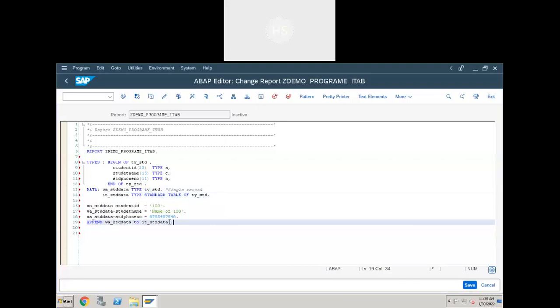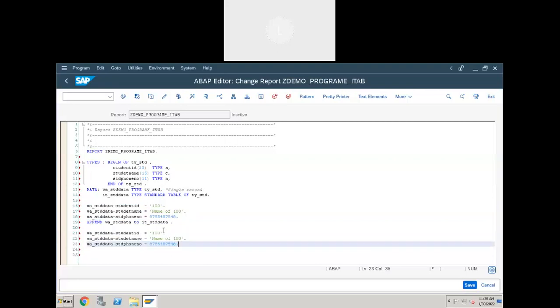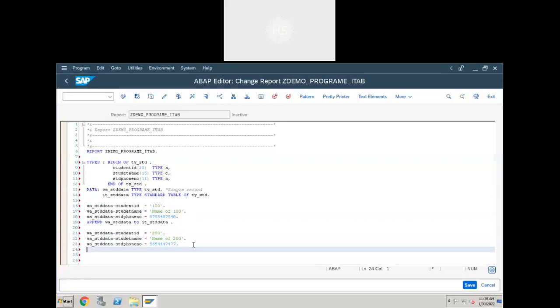Now we have added one record to the internal table. How to add another record? Repeat the same process. Populate the data, for example 200, into the work area fields, and some number. What is the statement to add this record to the internal table?